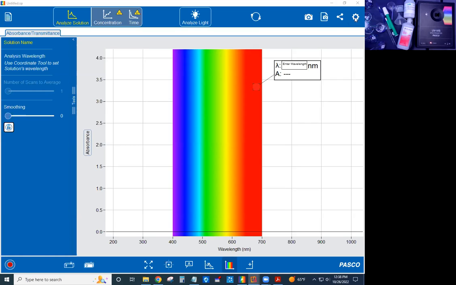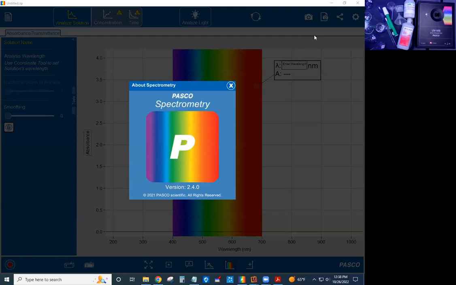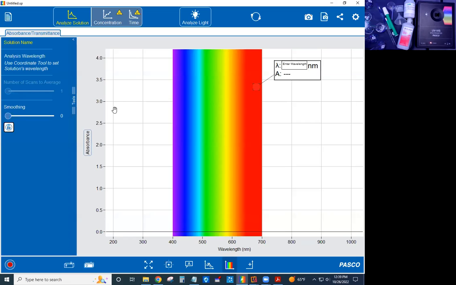If I go over to the right side where I have a gear and I click that gear, I can click About Spectrometry. And it tells me I have version 2.4.0, which is higher than 2.3. And this is the most up-to-date version we've got so far. So I'm good to go. Okay, now let me go back